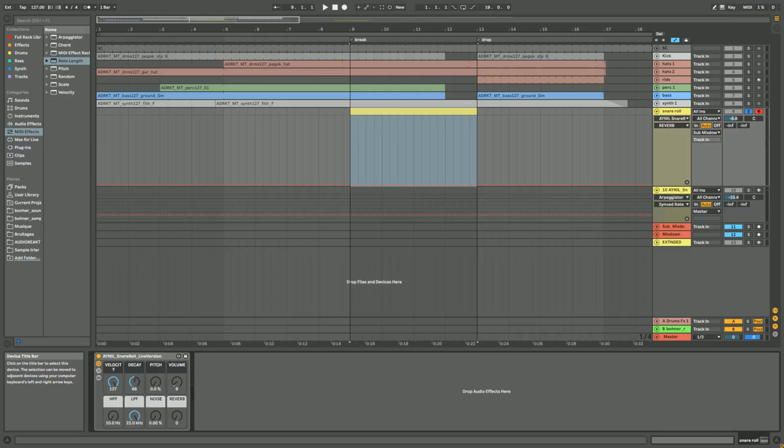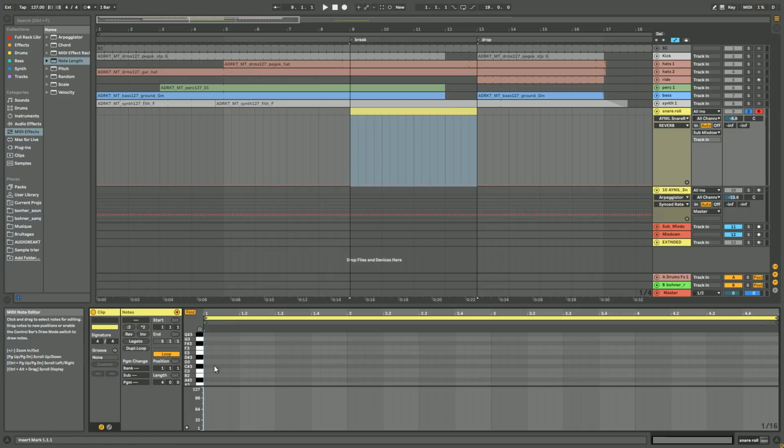Today, a new tutorial about snare roll, like this kind of stuff. So I've made a rack just especially for that. Usually the rack will be available for free, link is in the description. So let me explain to you quickly. So basically,